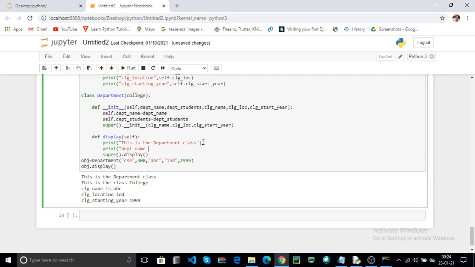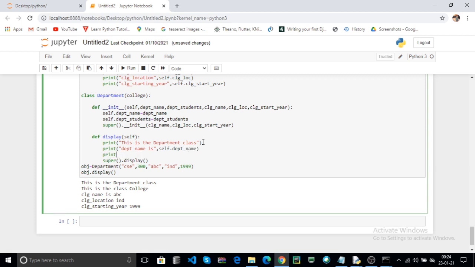Print DEPT name is self dot DEPT name, and print DEPT students self dot DEPT students. This is the function.